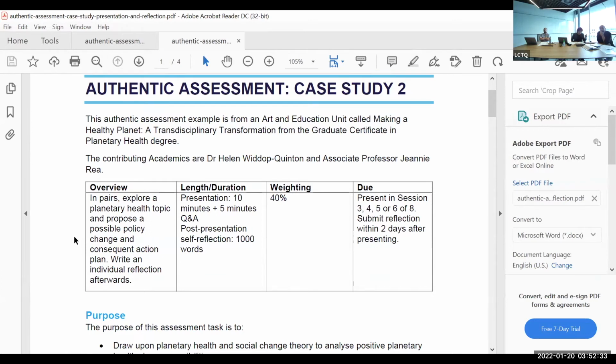You have, in pairs, explore a topic and propose a policy change and consequent action plan. So you have the development of the plan. And then from there, write an individual reflection afterwards. My argument is that there is a slight change in RA. While the first half might not be terribly RA plus, right? In the sense that